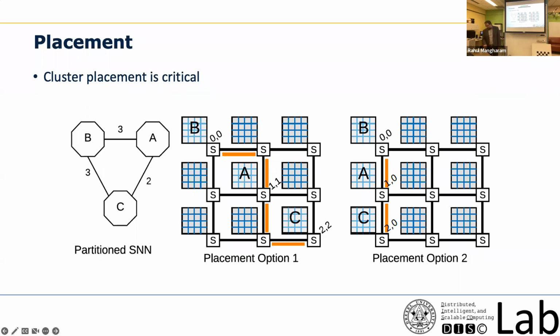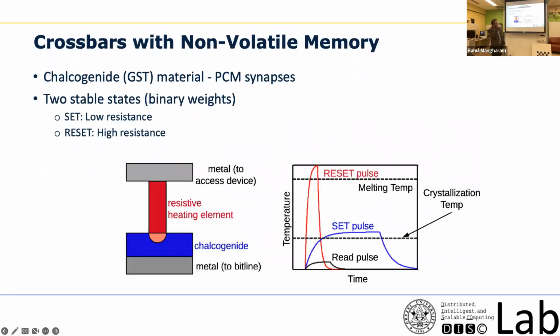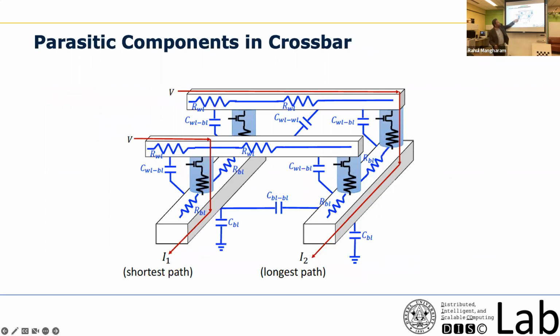So this brings us to another problem, and that is the side research that I was telling you. We know these crossbars can be built using these non-volatile memory elements, right? But the problem is, if you look at a crossbar, there are a whole lot of parasitic components. These are components that we don't usually account for, like line-to-line capacitors, how close you are placing the wires, and all these things.